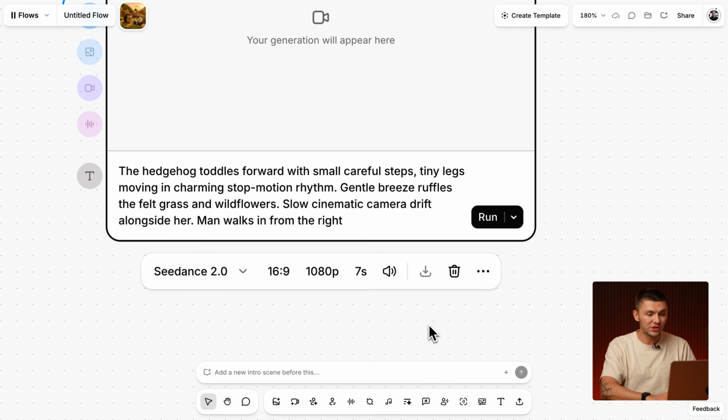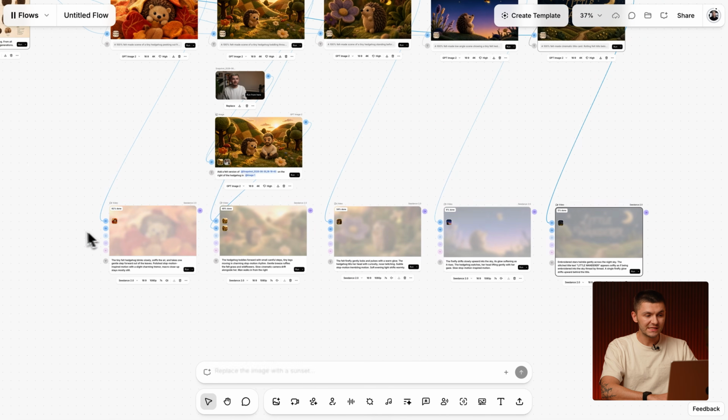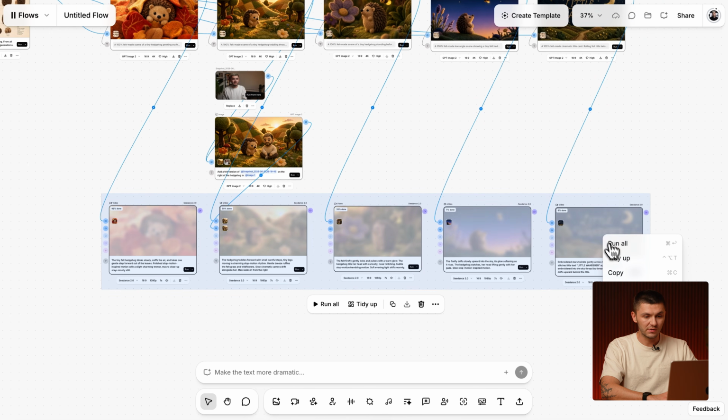And one thing that I didn't mention earlier is here we can choose to generate with or without audio. And I don't actually need audio for this generation. So I'm going to toggle it off and simply click run. And now I'm just going to repeat this process for the remaining frames that I have. And so now, as you can see here, all of my scenes are generating, and I'm simply going to tidy them up very quickly. And while these are generating, we're going to go ahead and generate the background music for